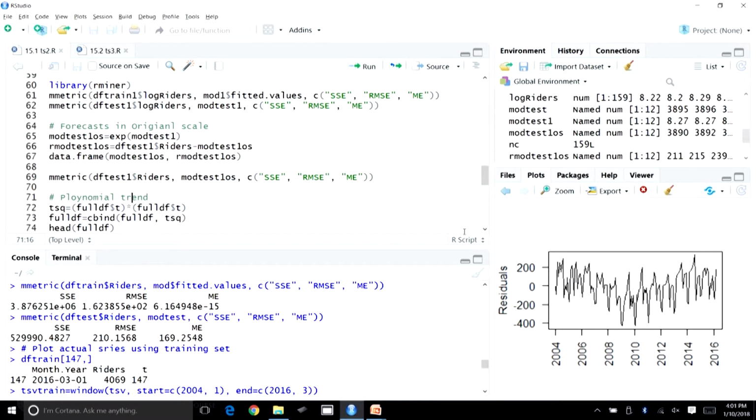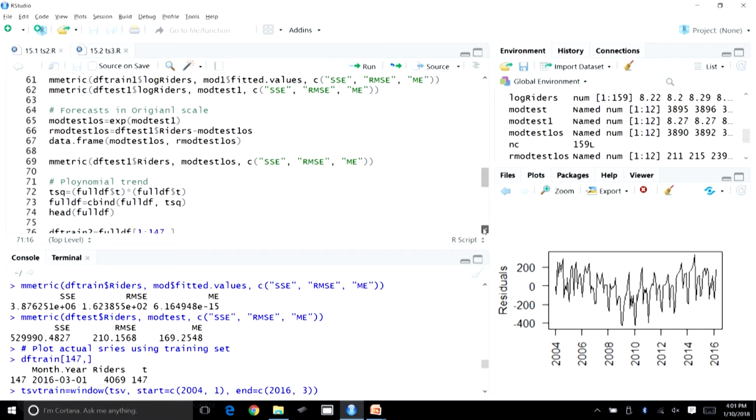So, we will go back to the RStudio environment and try to build this polynomial trend, rather quadratic trend. First we will compute this new predictor, that is t square. We call this t sq here. We are multiplying the time index t, which we had already computed, with its own value, and we will get t square.